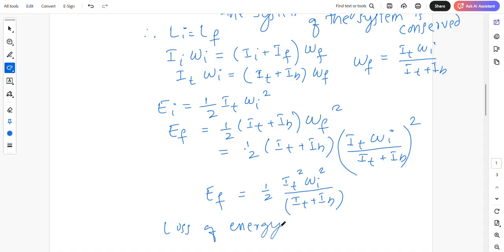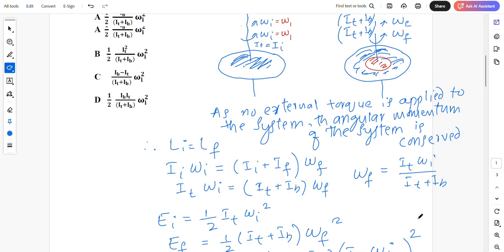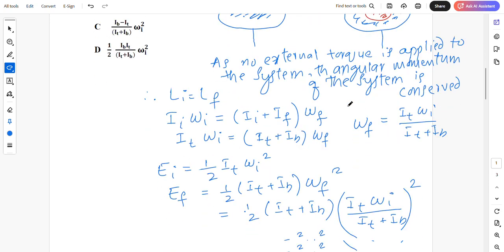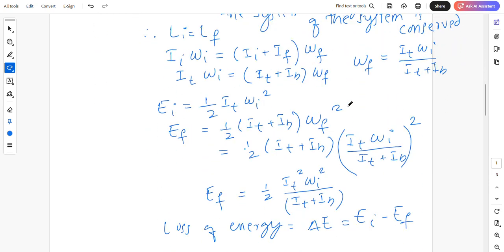Loss of energy, delta E, is equal to EI minus EF, because you are supposed to calculate the energy lost by the initially rotating disk. Therefore, EI minus EF. How much is EI? I will do it here. Delta E is equal to,